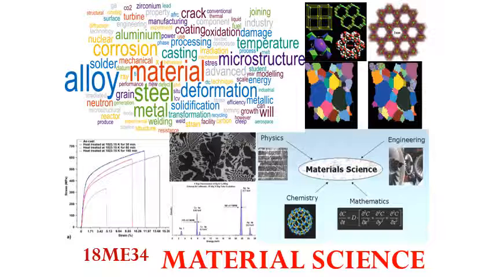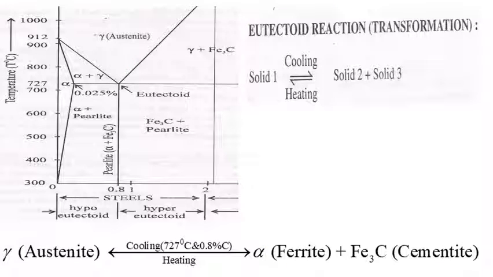The one we are going to take up is the iron-carbon diagram, that is, the formation of steel. Now we can see the various phases that form at different temperatures by changing the composition of carbon and iron. Before moving on to the actual diagram, once again we'll recall the invariant reactions we discussed in the previous classes.